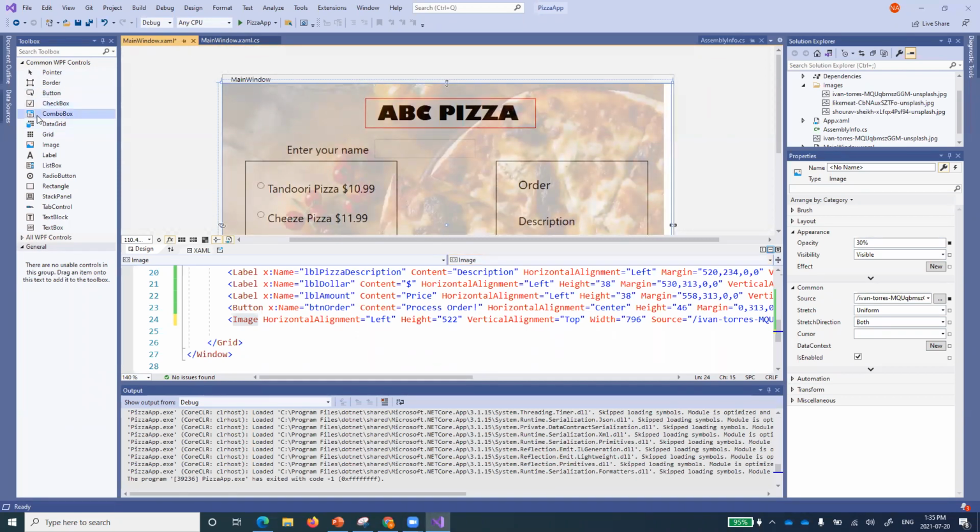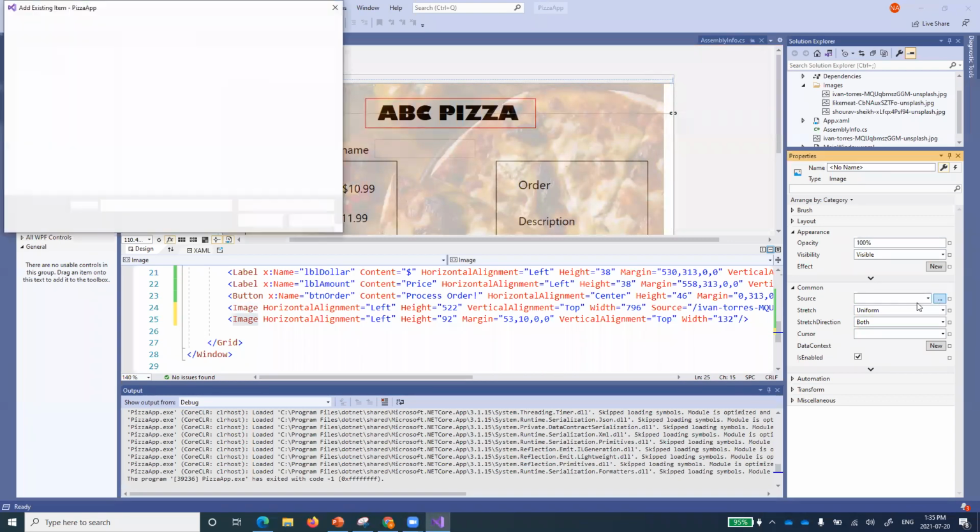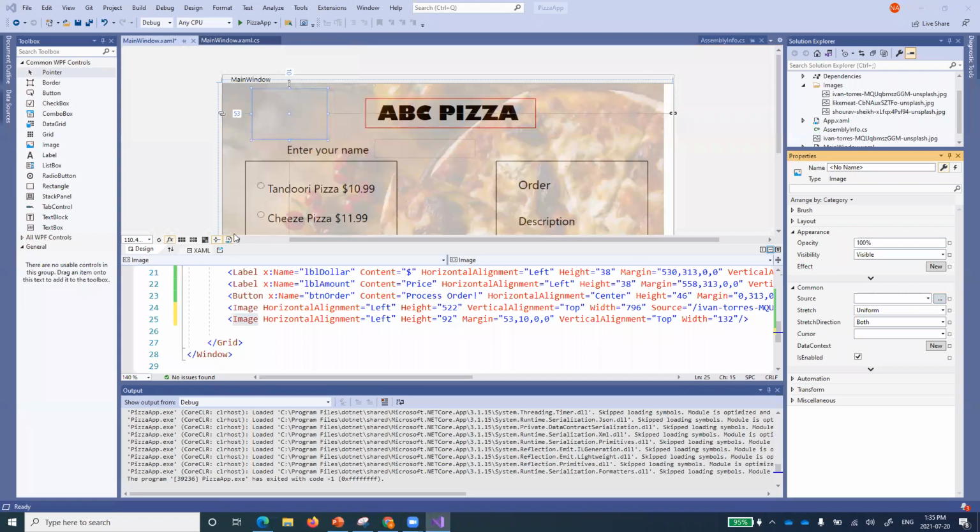Now, what you can do is bring up one more image. And as I said, maybe with the name of yours, go to the source again, and maybe take this picture.